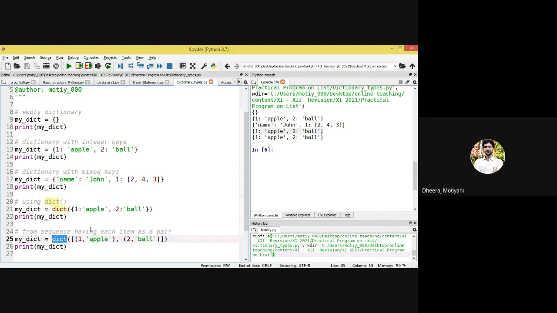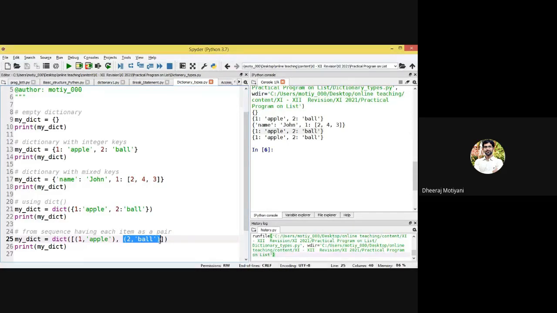So from a sequence having each item as a pair. So this is basically your one pair. Okay, this is your second pair. So this is a bit complicated one, fourth one. We are not using this one right now, but you can use it.